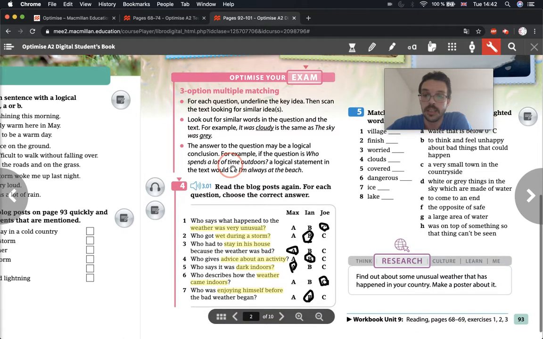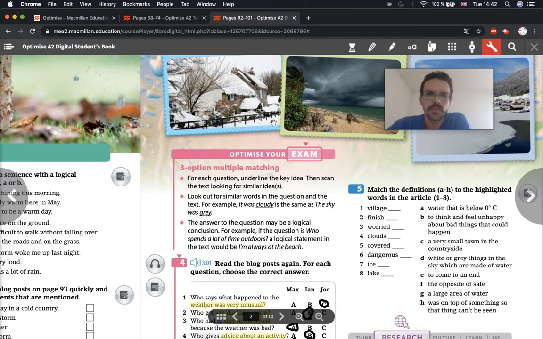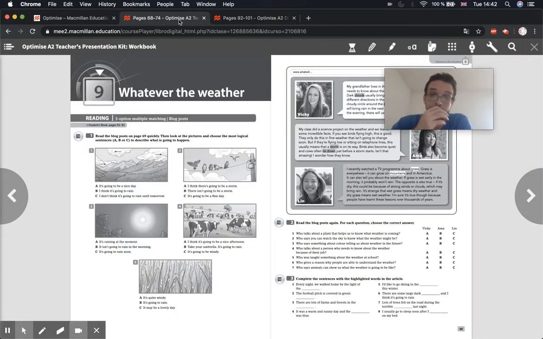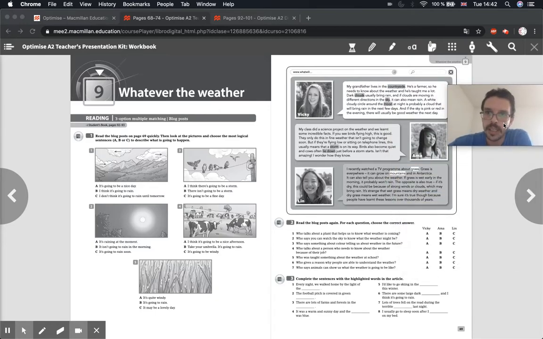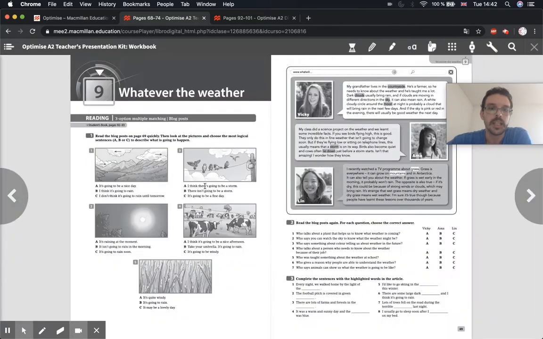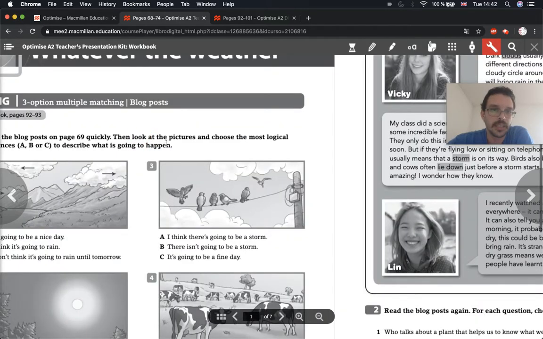Okay, very good. So, now what we'll do is the same type of exercise except in the workbook, okay? So we have the main exercise here, okay, with 3 different blog posts like before. But first we'll have a look at exercise 1. Now the page in the activity book is page 68 and 69. All right, so find that page, and it's the beginning of unit 9 here, reading. All right, and we're going to do exercise 1.